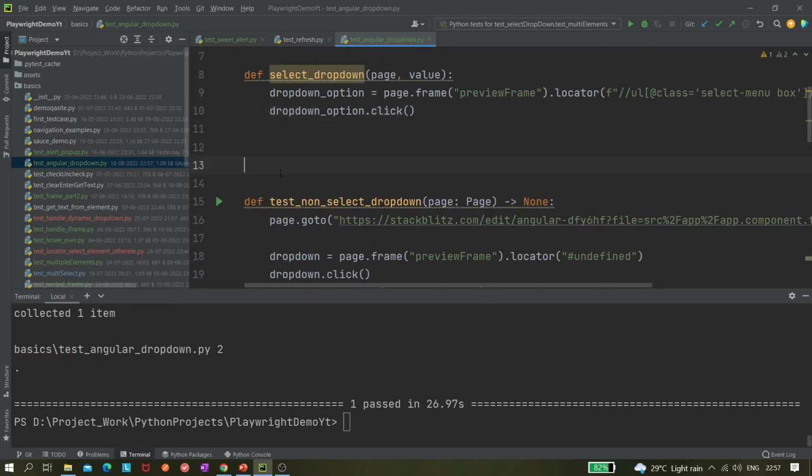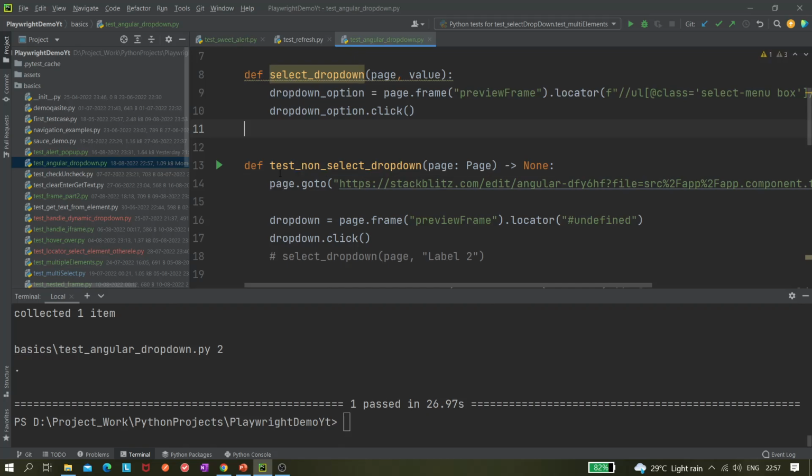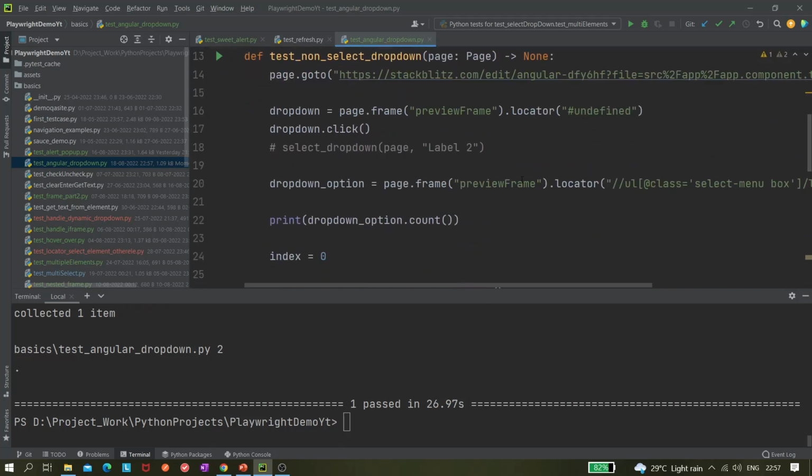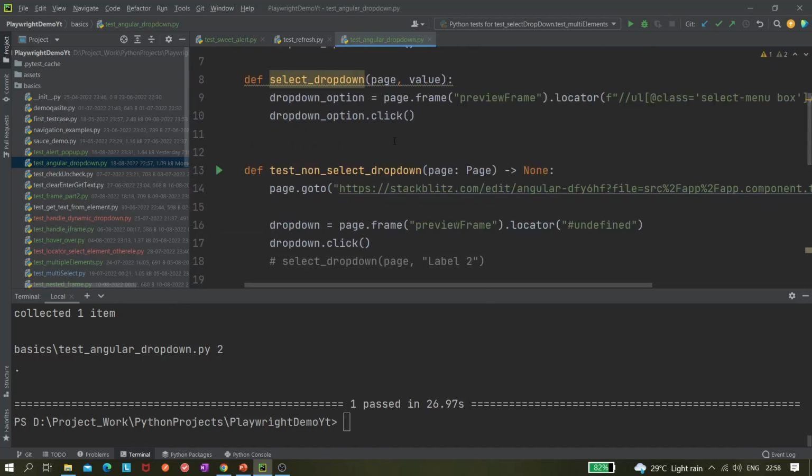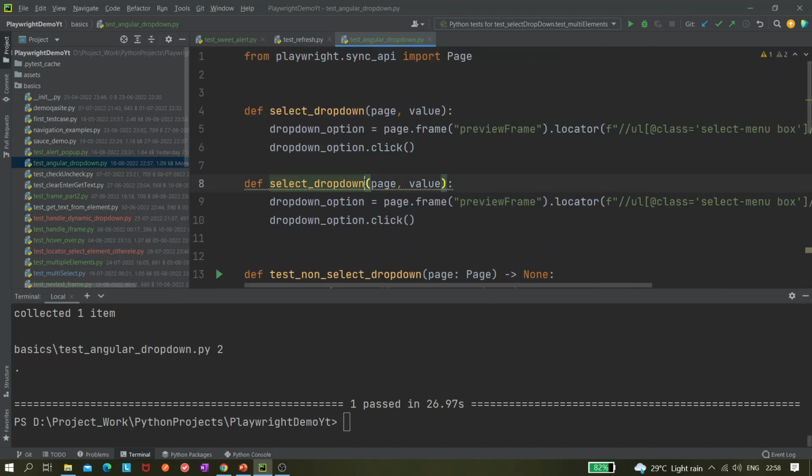The second one is also good, but depending on the purpose, you can use it. So let's copy this part, not this one, this part. Okay, just do this and dropdown option while loop,